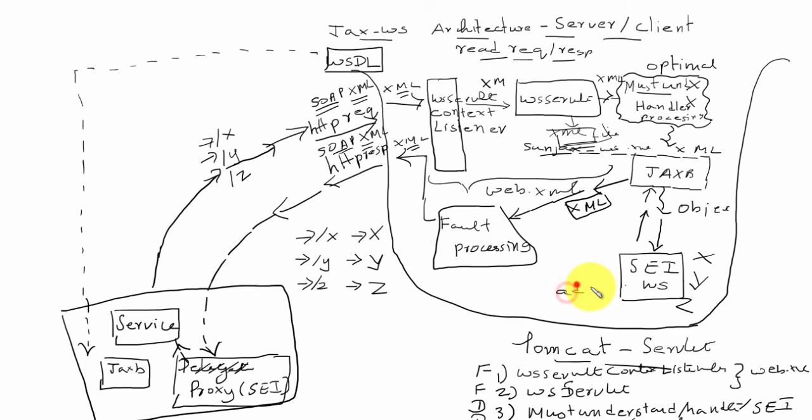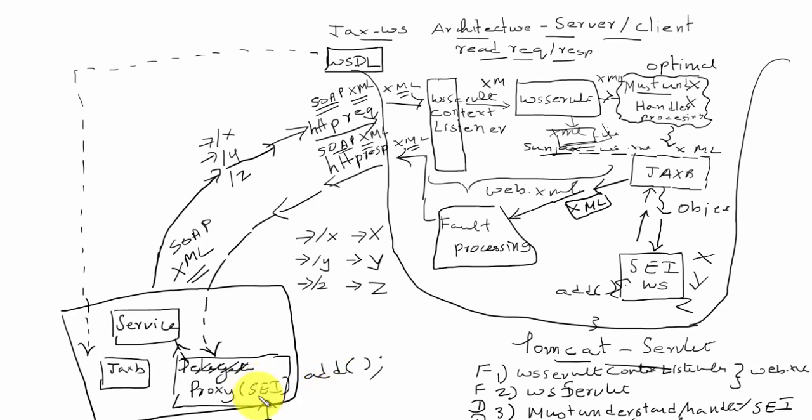Whatever methods are available in the service endpoint interface, the same methods will be there in the proxy also. When the client calls methods on the proxy, appropriate SOAP XML will be generated and sent to the server. The methods are available in the proxy but without implementations. The implementations are there on the server side. In the client side, there is no implementation.